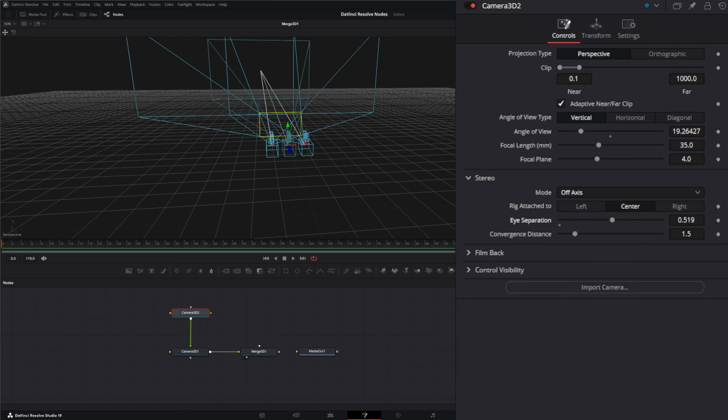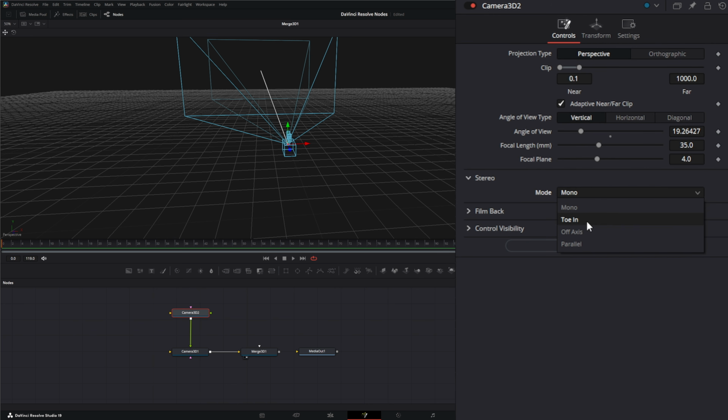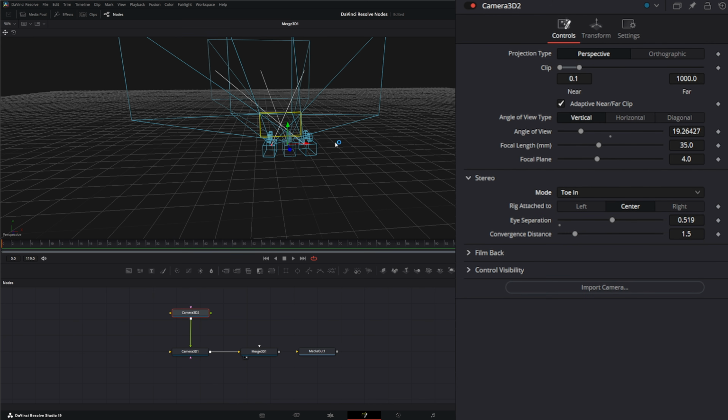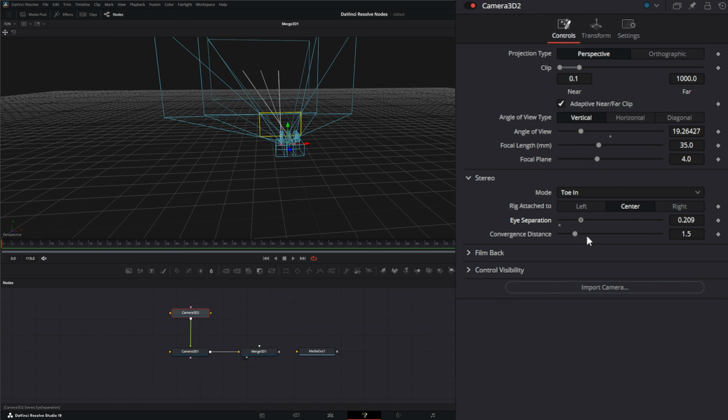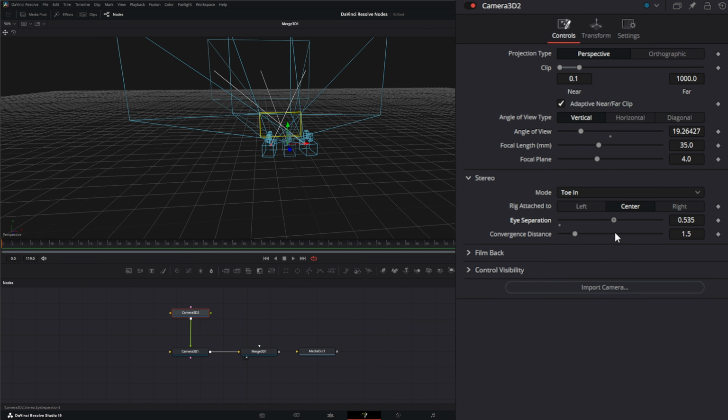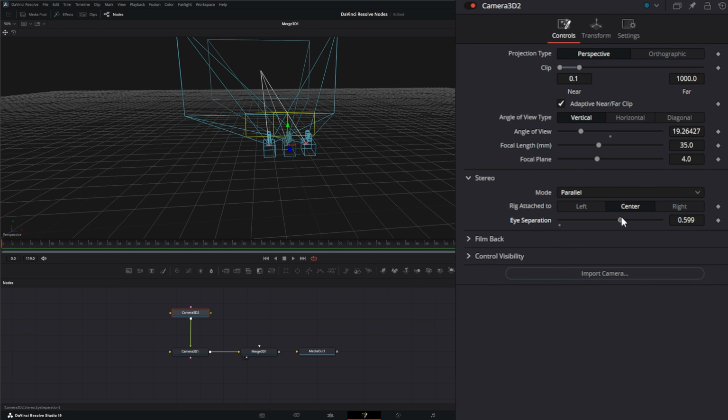And you have different modes, which is off axis. You have mono, which will bring it back together. You have toe in, which will toe the cameras in. So you can see as we move it, it's towing those cameras in. We had off axis, parallel,